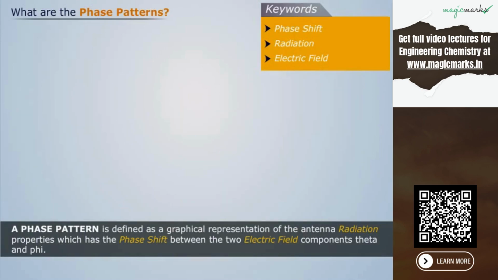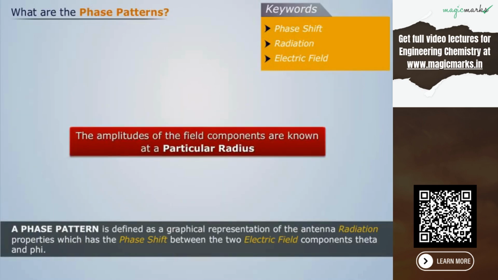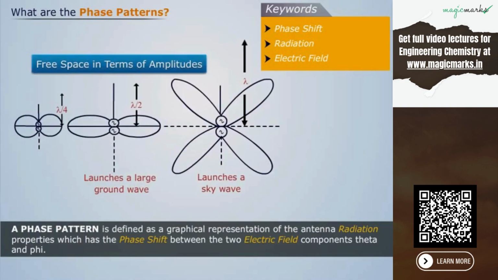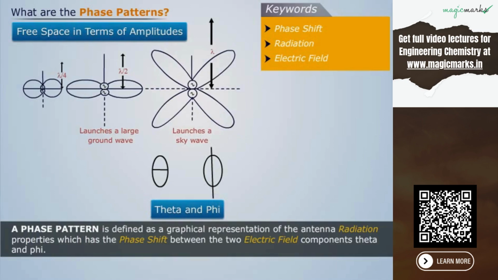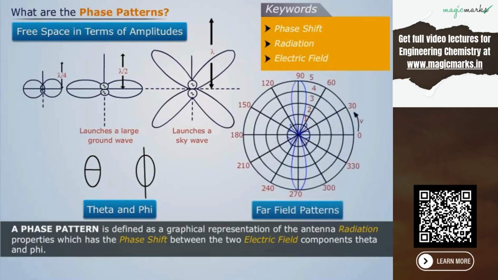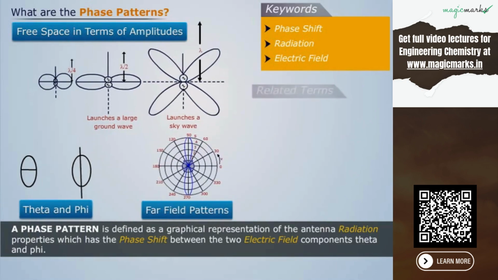Moving into the topic, we can say that the amplitudes of the field components are known at a particular radius. So the radius from a point source in free space and their amplitudes at all distances are known from the inverse distance law. Thus, it's usually sufficient to specify E theta and E phi as function of theta and phi only by a set of field patterns. Related terms are